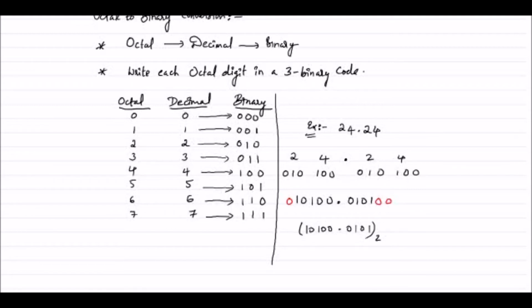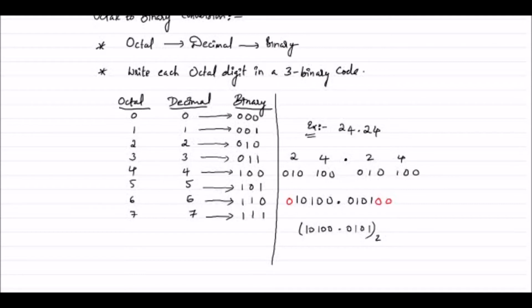So in this, we have two methods for finding the octadecimal to binary number. The first method is you can convert the octadecimal number to the decimal number, and that decimal number will be converted to a binary number, which is a long process. We have another method written like this.